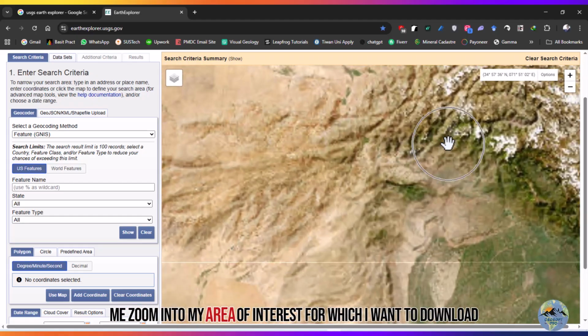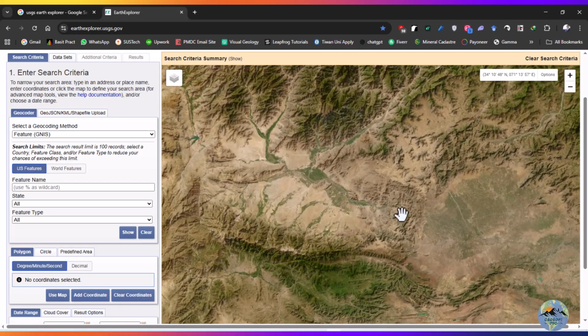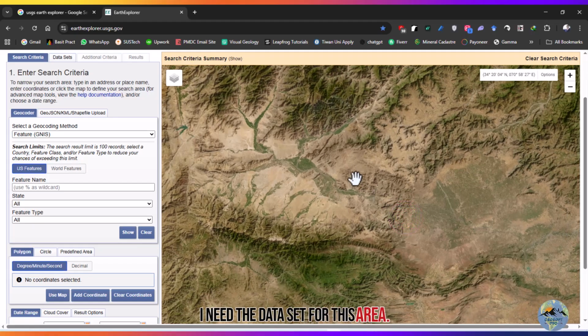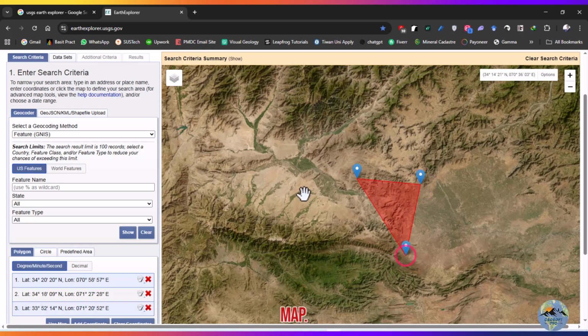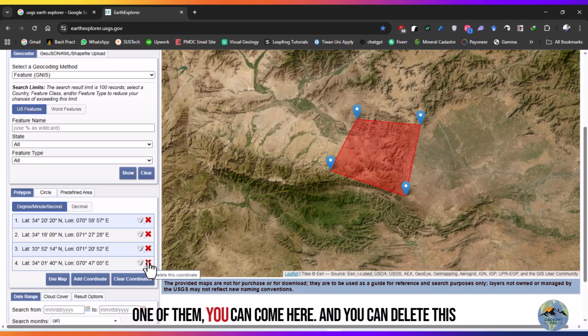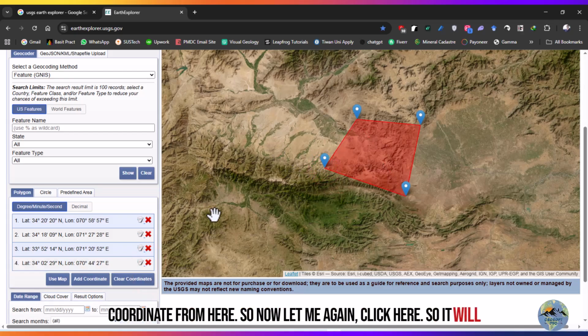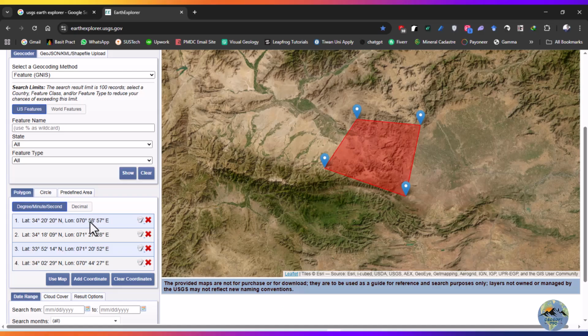So let me zoom into my area of interest for which I want to download the dataset. I need the dataset for this area. So I will click on this map. So I have selected 4 coordinates, 4 locations. If you want to delete one of them, you can come here and delete this coordinate from here. So now let me again click here, so it will be added. Okay,